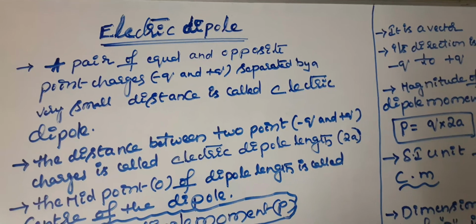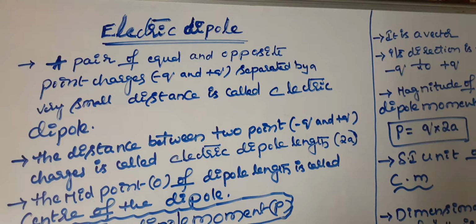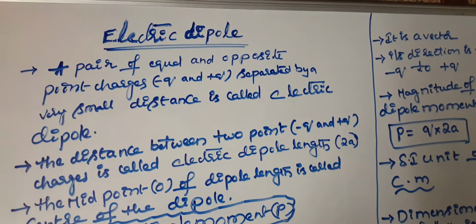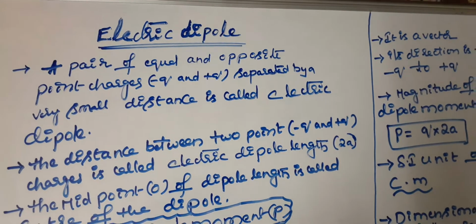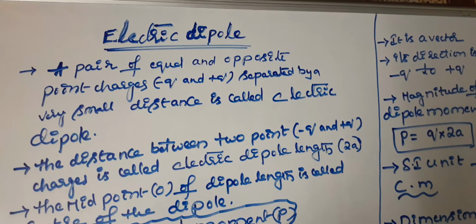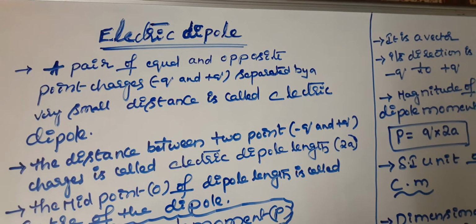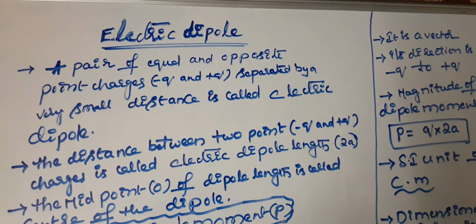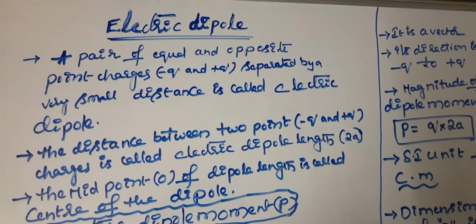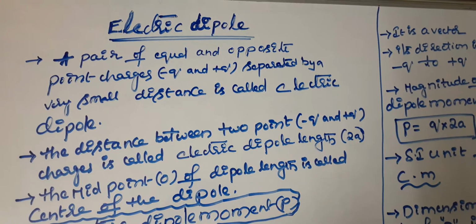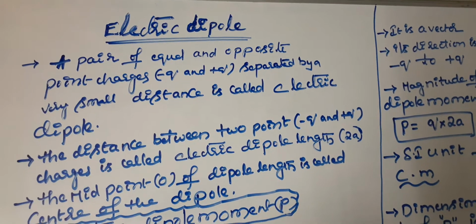In this class we are going to learn about a small topic in electric charges and fields in intermediate second year physics, class 12 physics, an important topic. To understand the most important 4 marks topics: what is an electric dipole and what is electric dipole moment. These two topics are most useful for the 4 marks questions in this chapter.